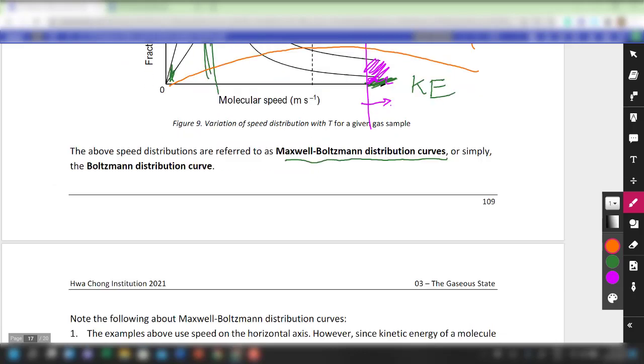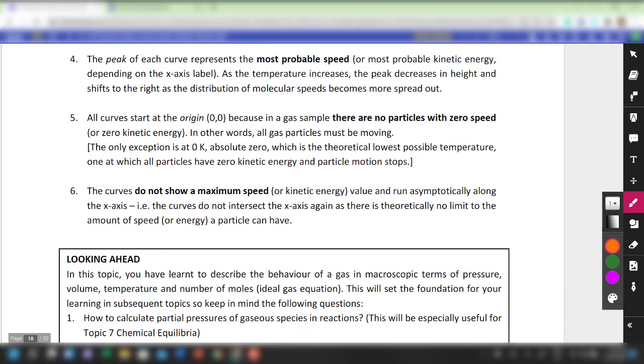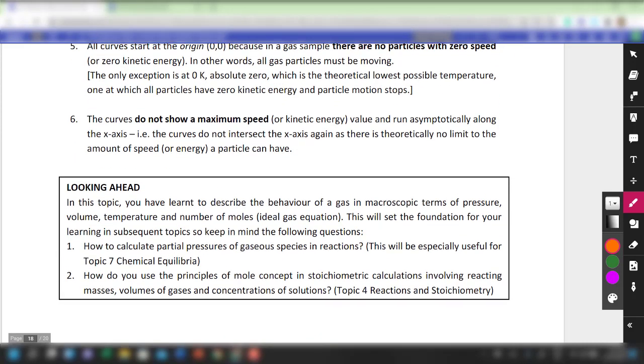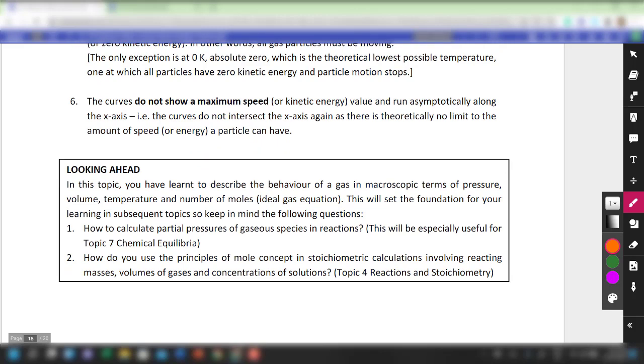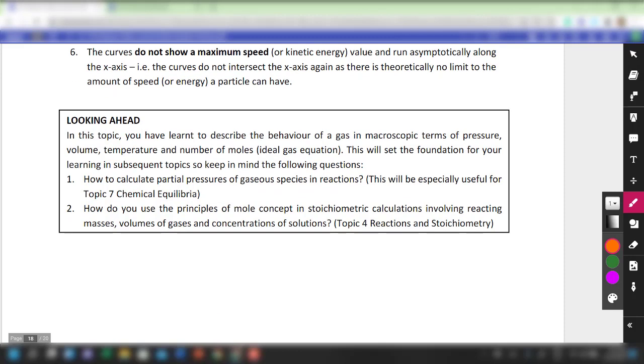Yeah. Okay, so do read through some of these points and be familiar. You will encounter more of them in kinetics, so I assure you that in chemical kinetics, you will learn the Maxwell-Boltzmann distribution curve in a more complete and holistic way. Okay, so looking forward, we are going to make use of our understanding of calculating partial pressures in chemical equilibrium, as well as some of the ideas on the mole concept in our calculations when we are approaching topic 4 on